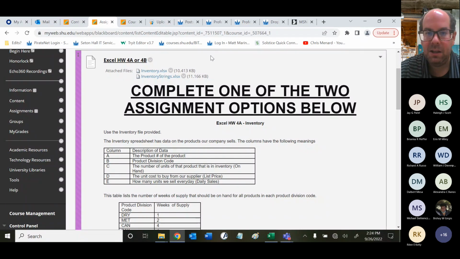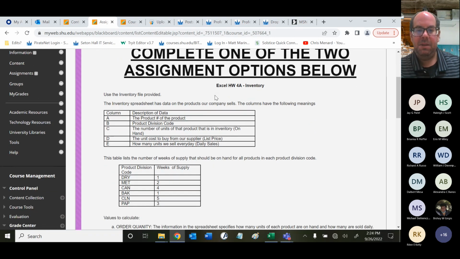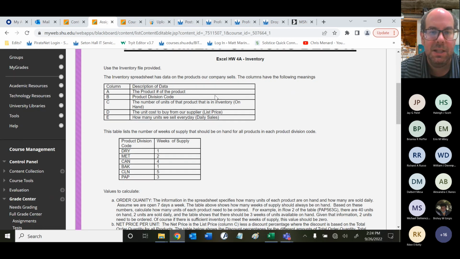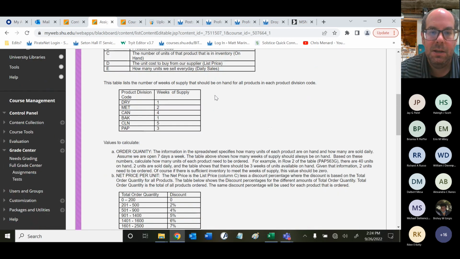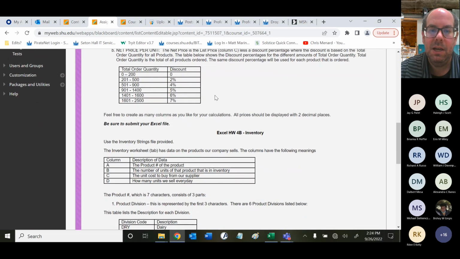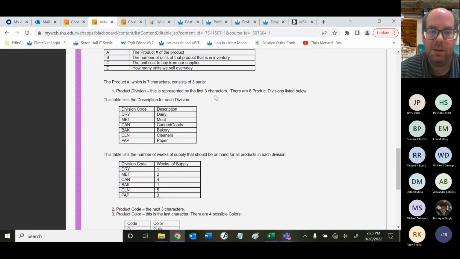So the first file for 4A is called inventory. The other file, inventory strings, is for 4B. So we're using that left, mid, right formula stuff that we went through kind of quickly at the beginning of, I think it was last week's class. And you could scroll through here with the homework and you'll see similar examples to what I'm going to show you